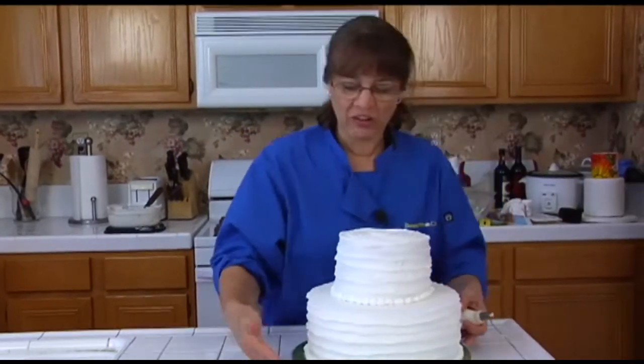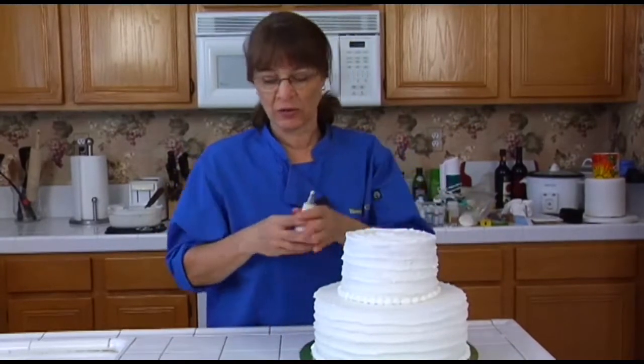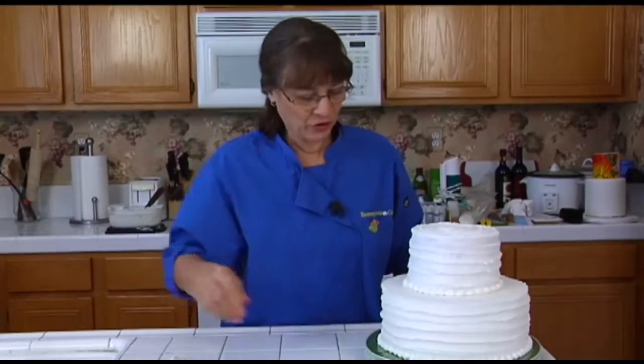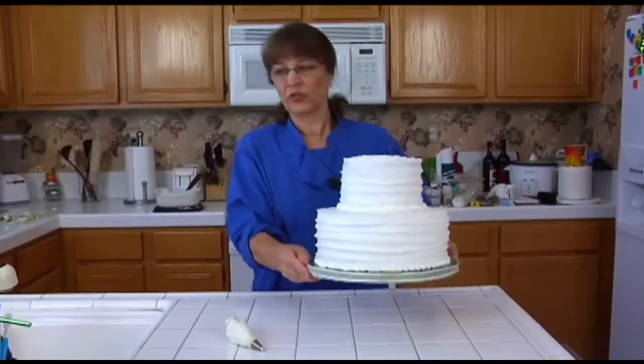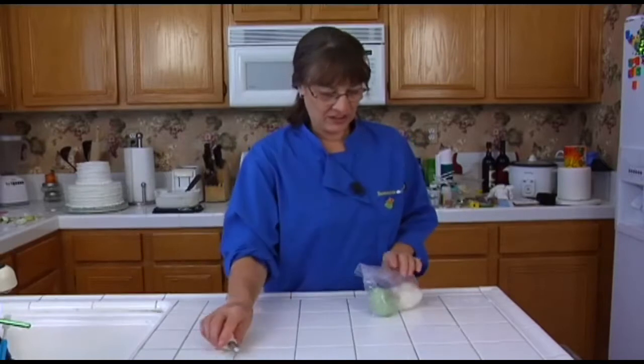Okay, so this is just a basic cake. Let's go ahead and get those succulents going. So the first thing we need to do is get our gum paste out. We're going to do the simple succulent first. Let me get this out of the way. What I did was